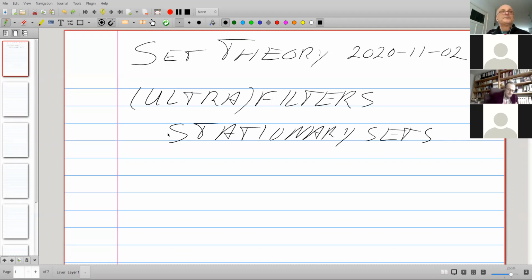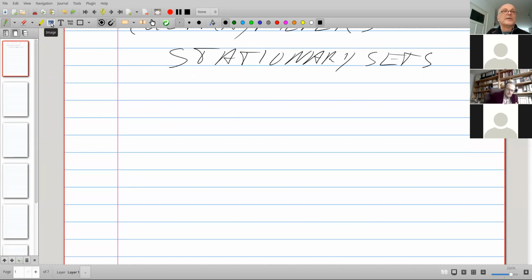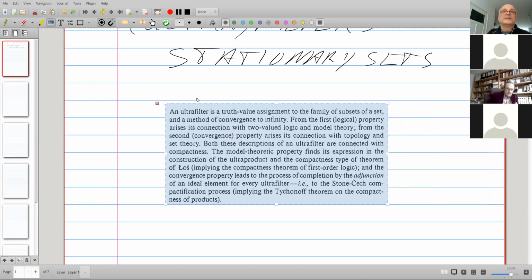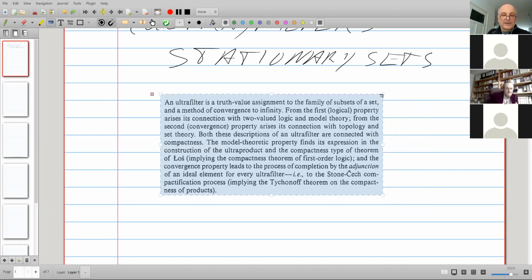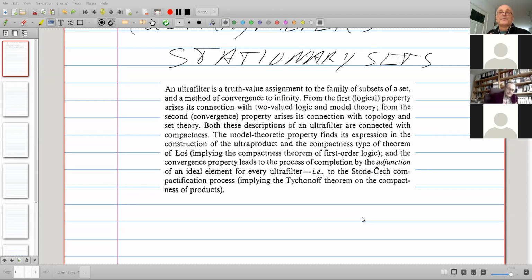I actually have a quote that I should try and put here. I'll stick it in here somewhere. This is from the book The Theory of Ultrafilters by Comfort and Negropontes, which is a very useful thing to have if you're into this kind of thing.